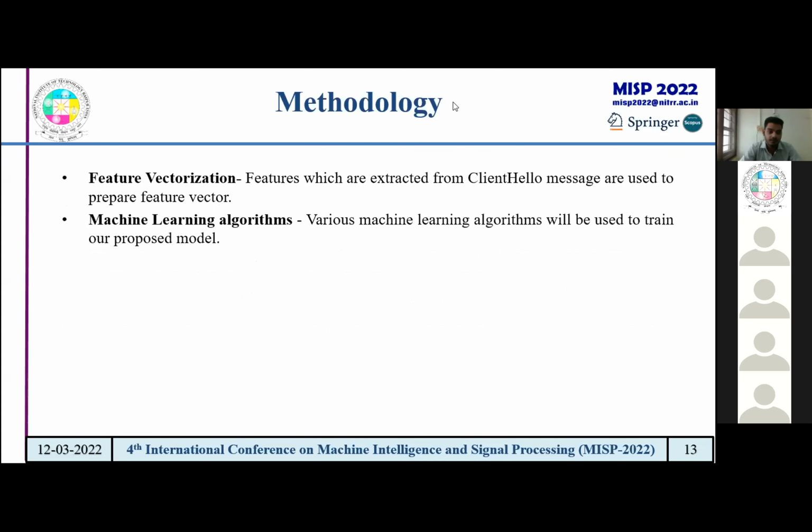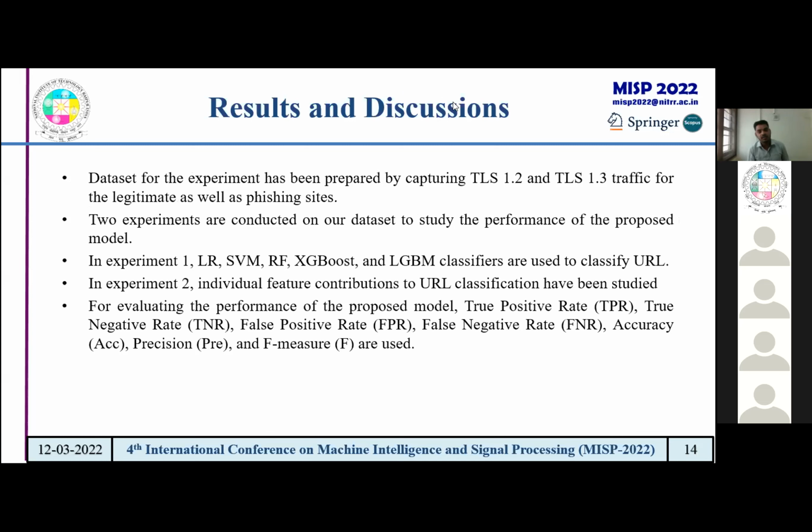And we use various machine learning algorithms to check which algorithm performs best on our proposed model. So, the results. As I said earlier, there is no public database, and this is the first work based on encrypted traffic for the classification of phishing URLs. So we prepared a data set for phishing and legitimate sites. We use PhishTank and Alexa for collecting the phishing site and legitimate site URLs, and then we perform